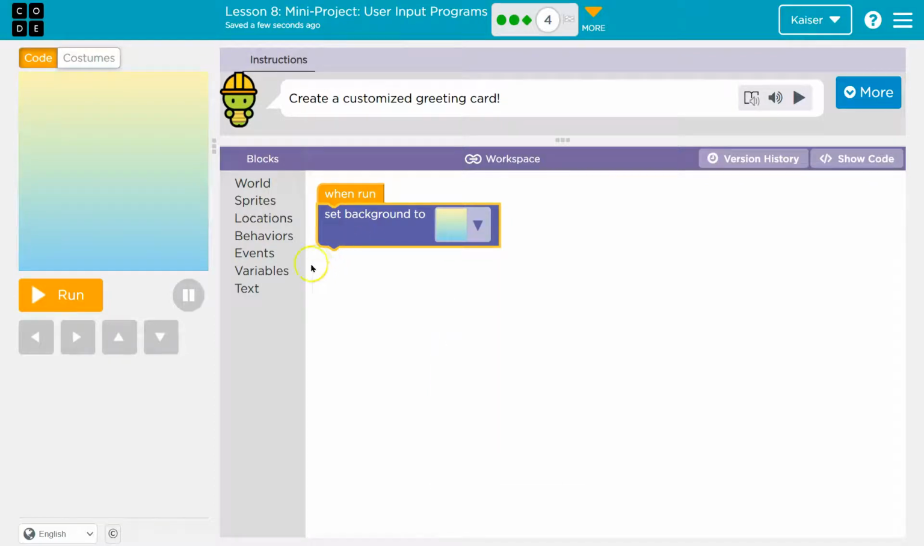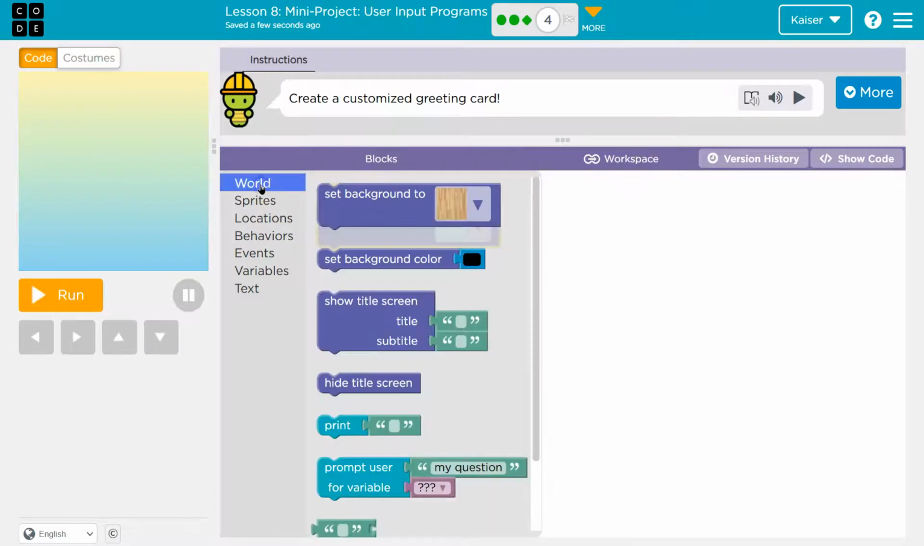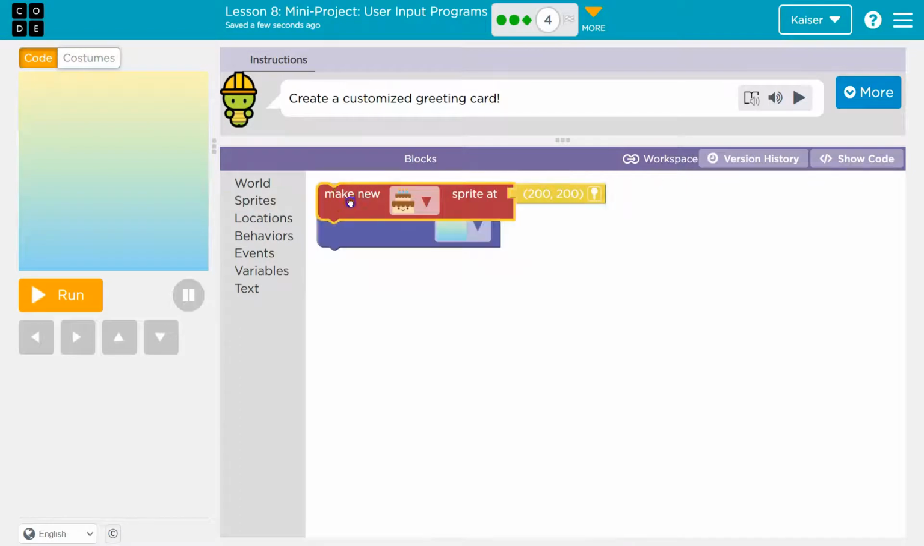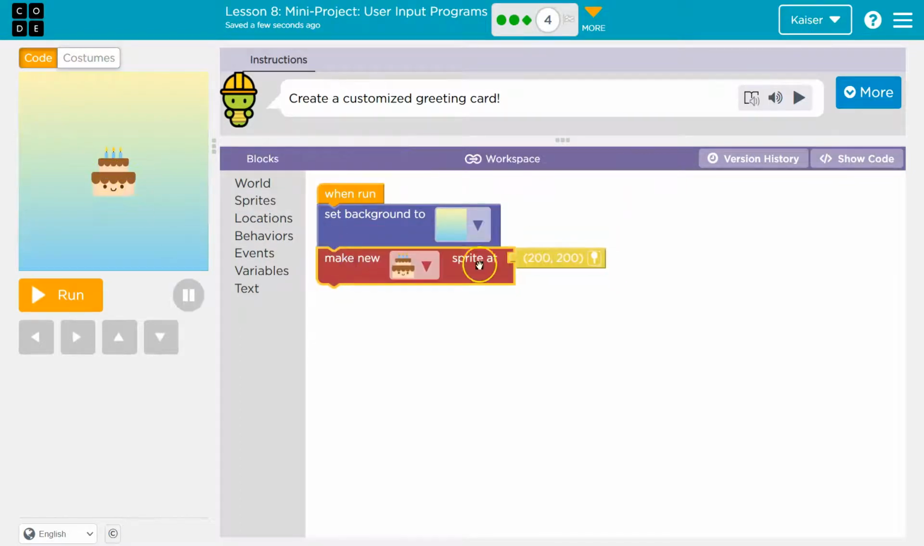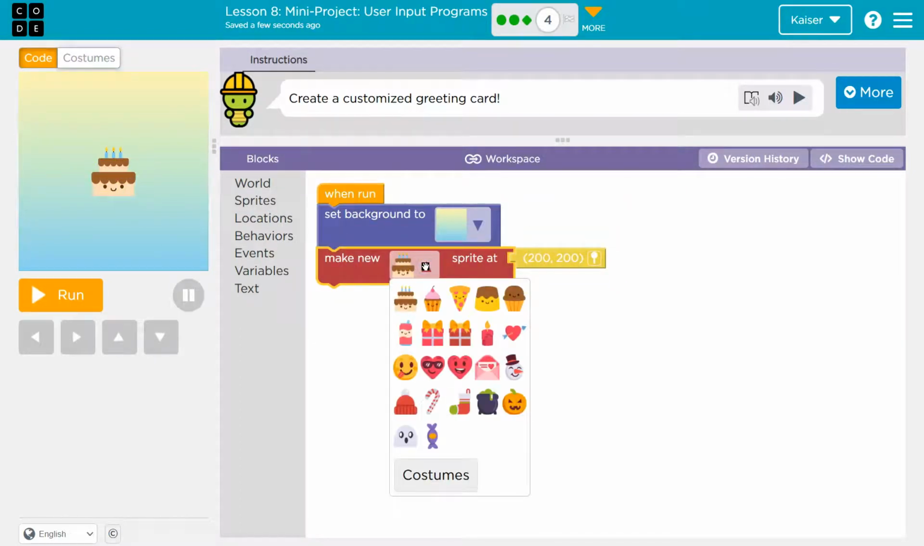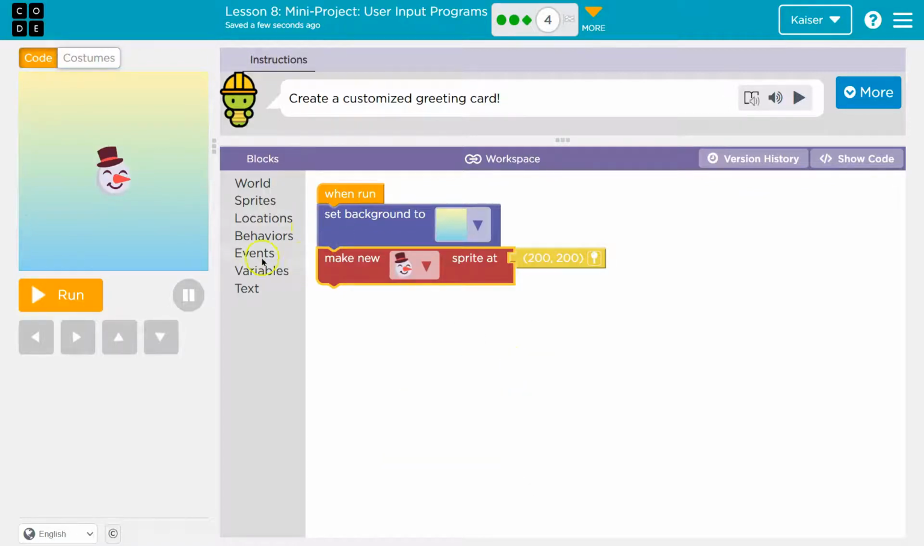Fine, I'll settle. Okay. That, and now I want a character, so I'm going to head over to sprites. I'm going to make a new, a cake. Not a big ice cream fan, so I'm not going to do that. I know, I'm terrible. No. Sure, let's do a snowman. And then